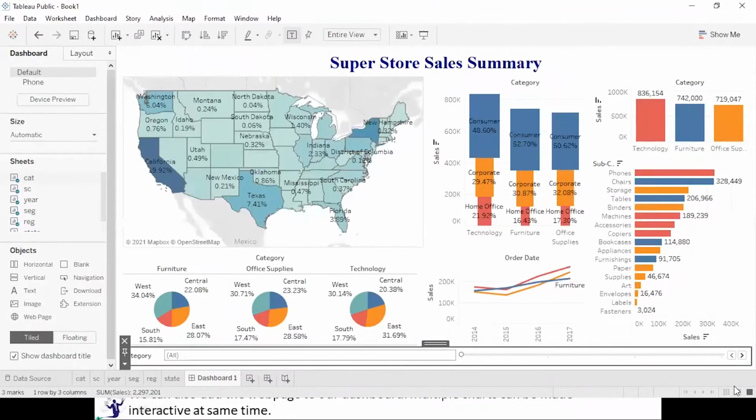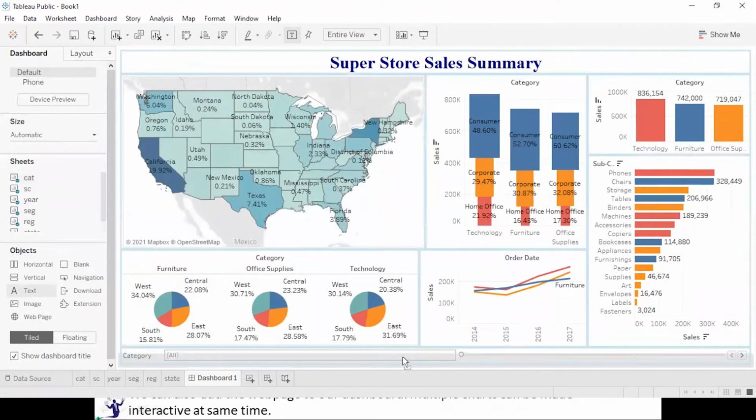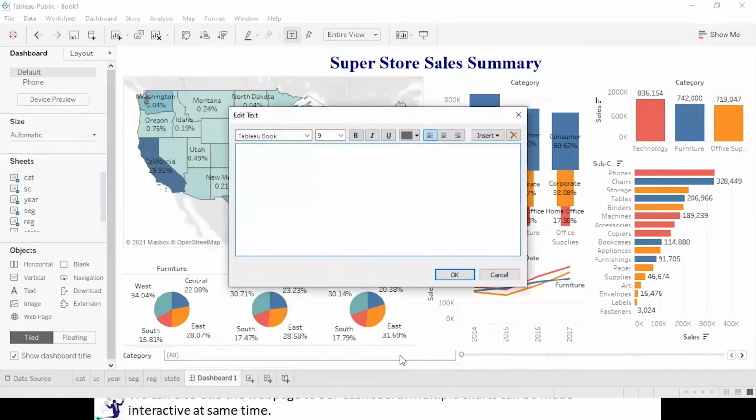Now, another thing over here is, you see there are the different dashboard objects. These are the various objects which can be put onto your dashboard. So let's talk about each of these objects one by one. The first object is this text. Now if you wanted to put some text anywhere, you can put a text, suppose here, and you can say anything you wanted to write about this.